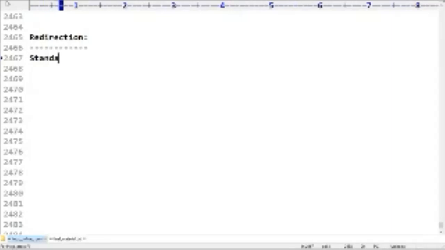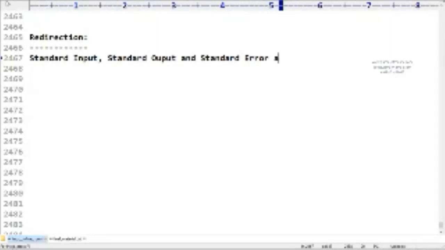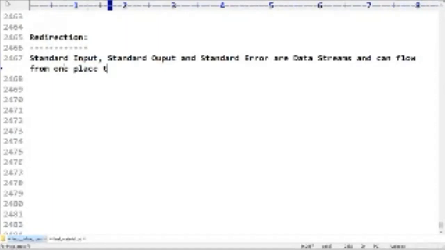Now observe standard input. We already covered this point: standard input, standard output, and standard error are data streams. Remember, these are data streams, and they can flow from one place to another place.